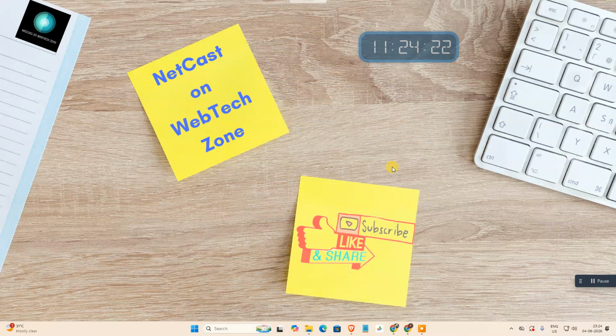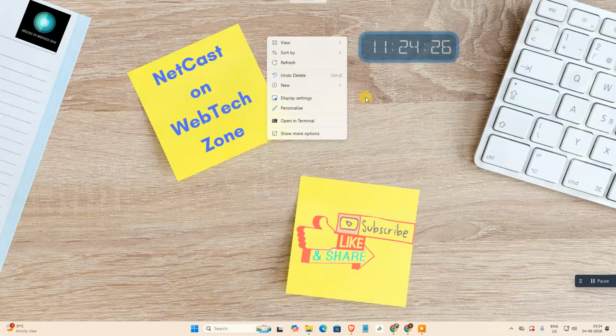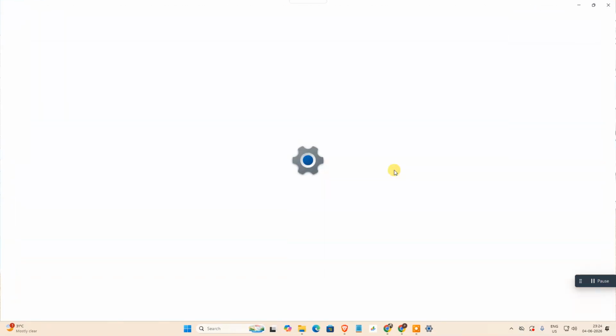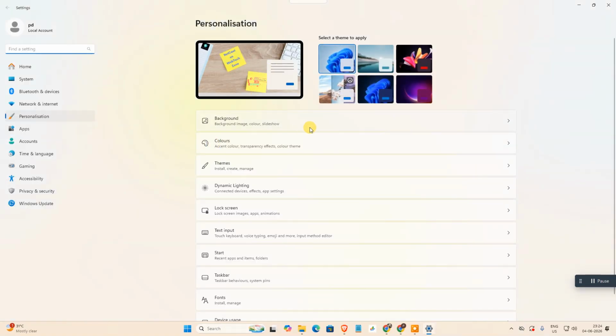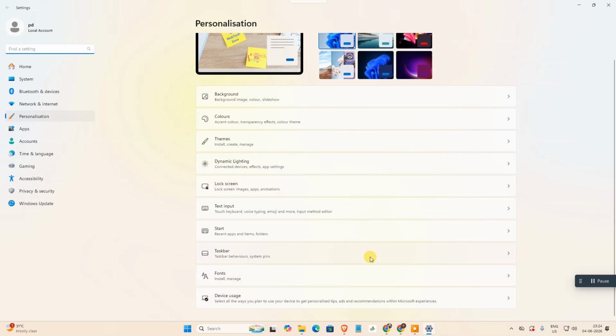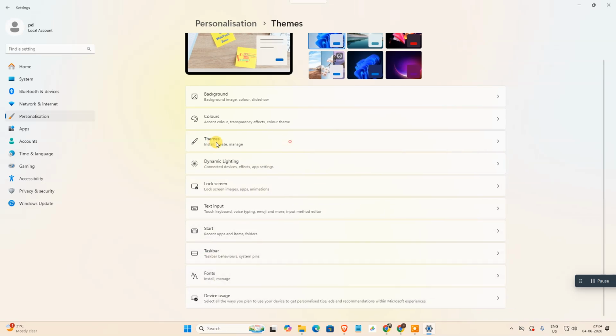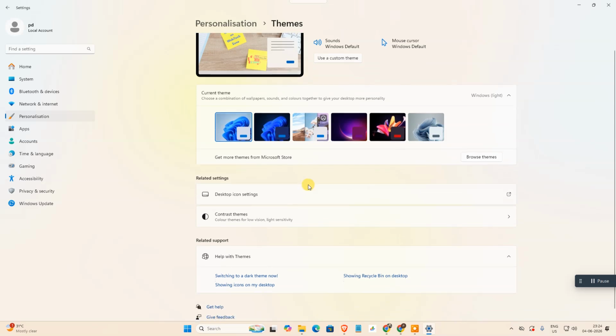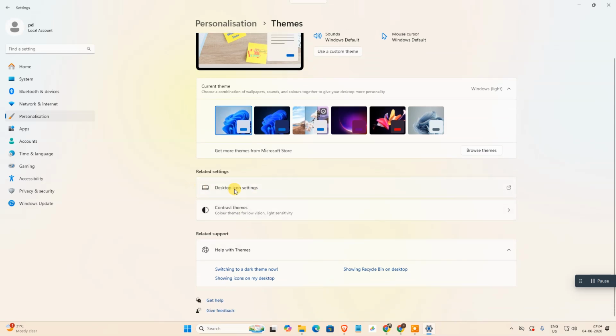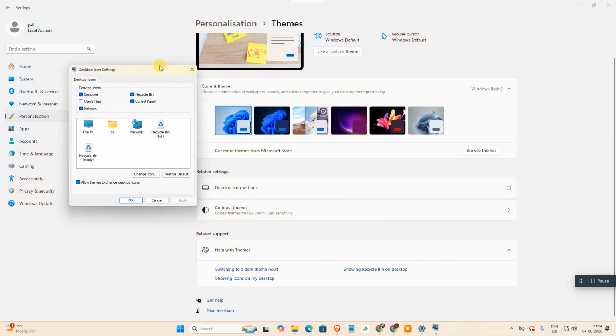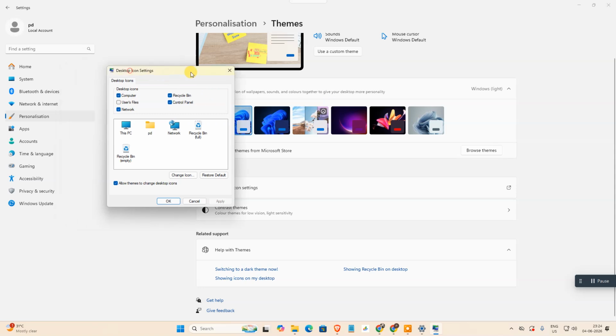on your desktop, then you have one option here. Just right click on Windows, go to Personalization, and here we have Themes. Now just scroll down and we need to go into these themes. Under Themes, this is your current theme. Now just scroll down and go to Desktop icon settings, and here you can see the basic or main